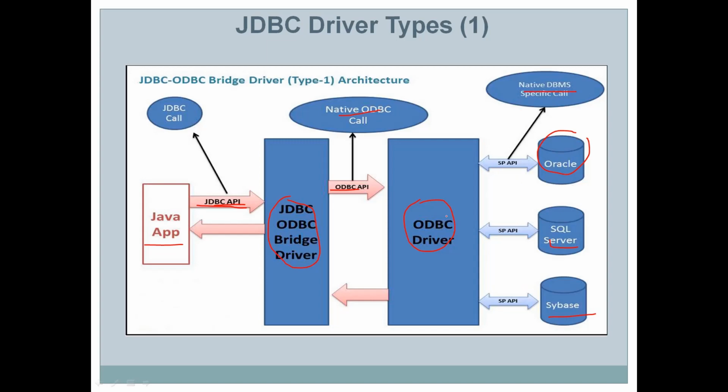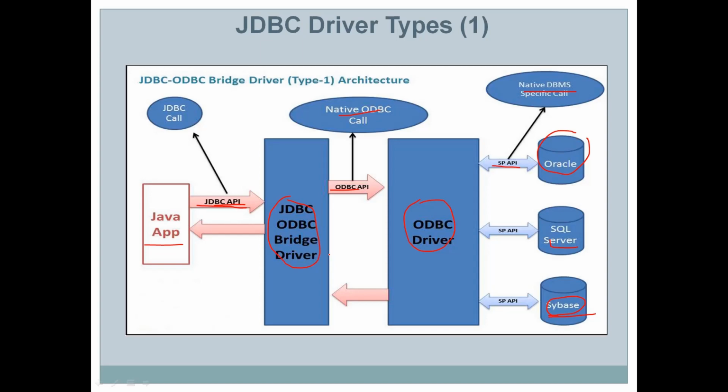Now, DBMS specific calls, because all the databases have different sets of protocols and different sets of calls which have to be made. That is the reason ODBC converts the calls based on the database it connects to. If it is Oracle, it converts them into Oracle specific calls and sends them to the database. The same happens for SQL Server or any other database. ODBC supports many different databases, which means using a single ODBC driver you can connect with different databases. So this is how the JDBC ODBC driver works.